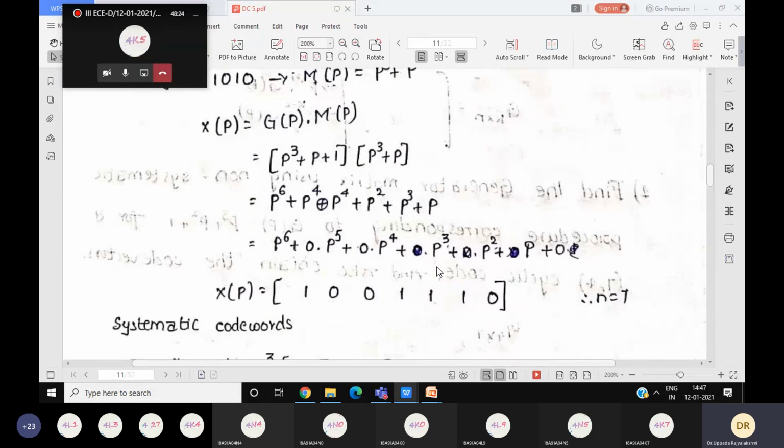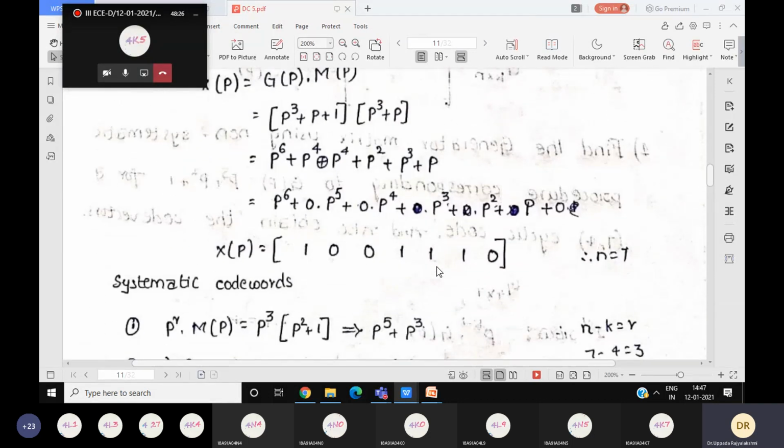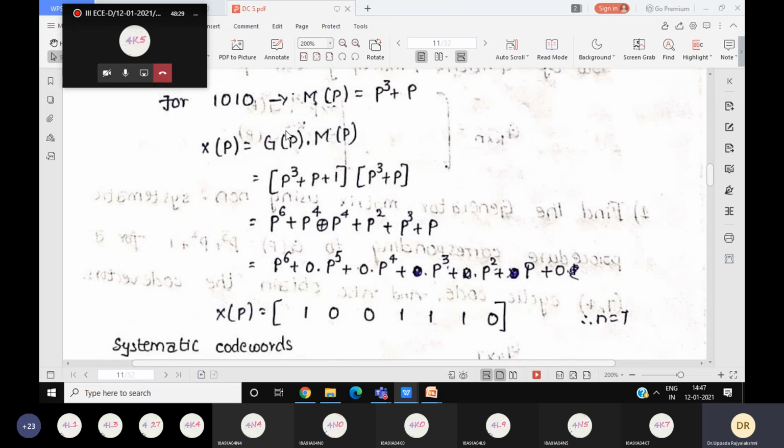How will the code word be? The same procedure is applied. 1010, that is p power 0, p power 1, p square, p cube. So p cube plus p comes. So multiply that with the generator polynomial. So you get some code word X of p. So similarly